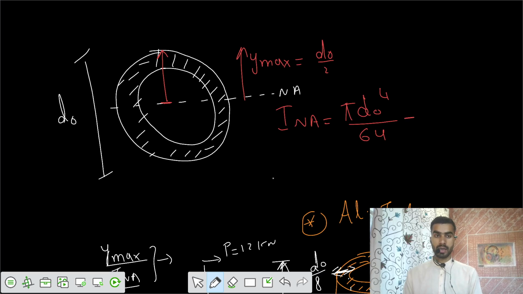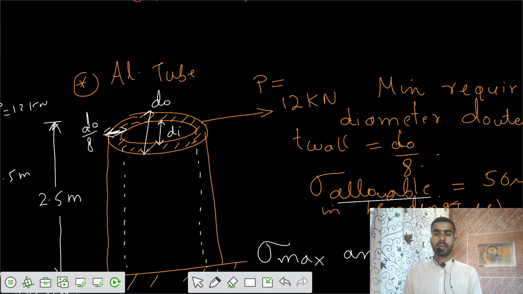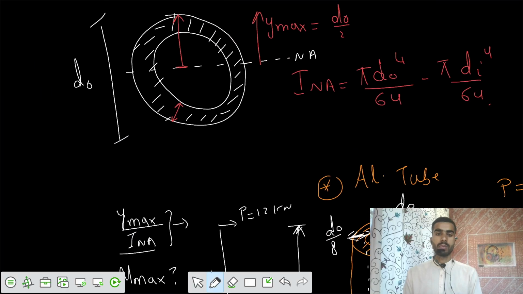Then you subtract the inner part that's hollow, so the area contribution would be pi d inner to the power 4 by 64. But we can calculate the inner value, since the thickness of the wall was given to you: d naught by 8. If you take any diameter, what is this value? Total diameter minus twice the thickness